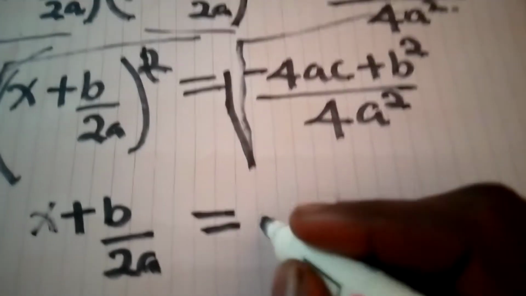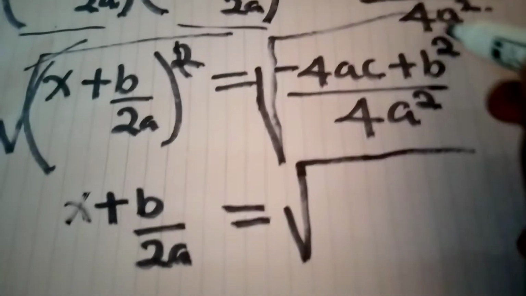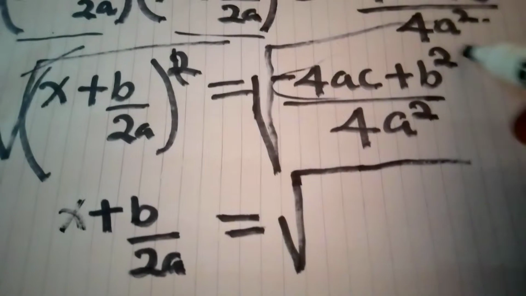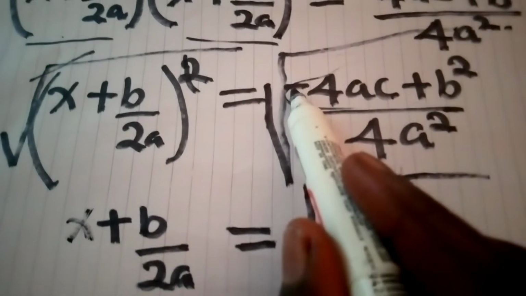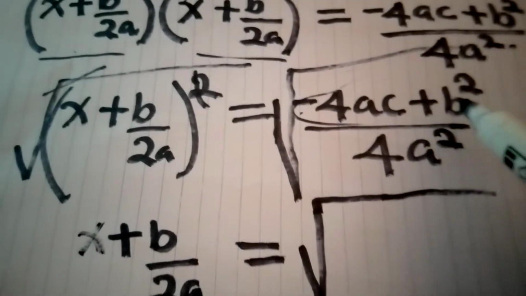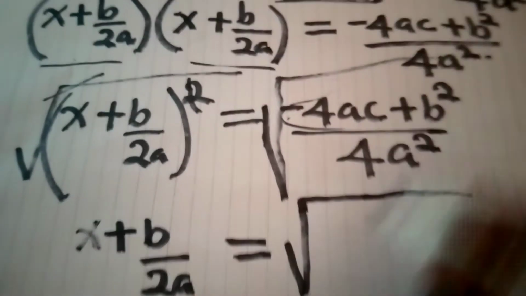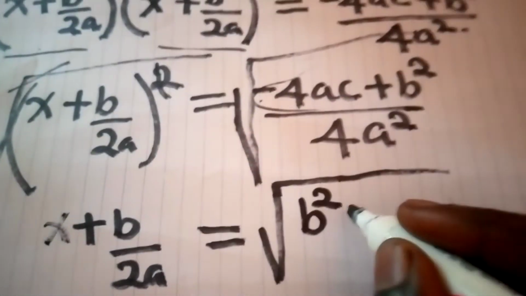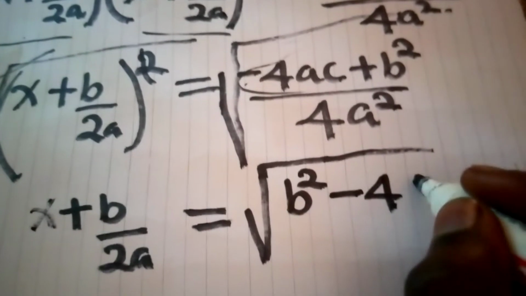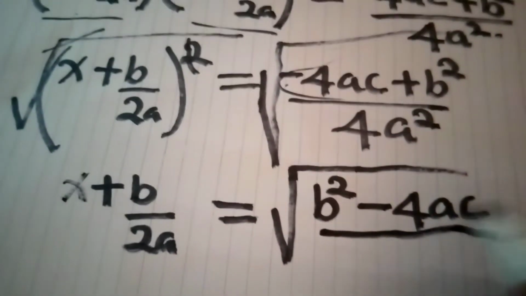We shall have root. You can now put this one in BODMAS. So BODMAS, when we have addition and then subtraction, addition comes first. So which means subtraction have to be last, and therefore we shall have our equation being b square minus 4ac, the whole thing divided by